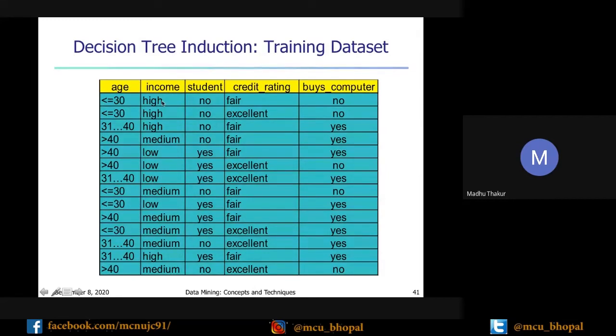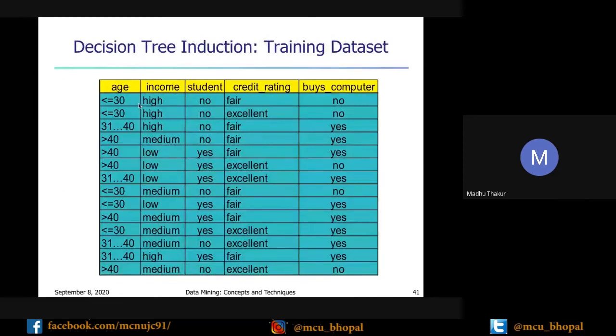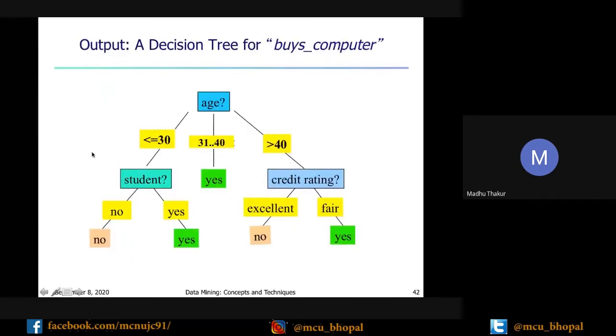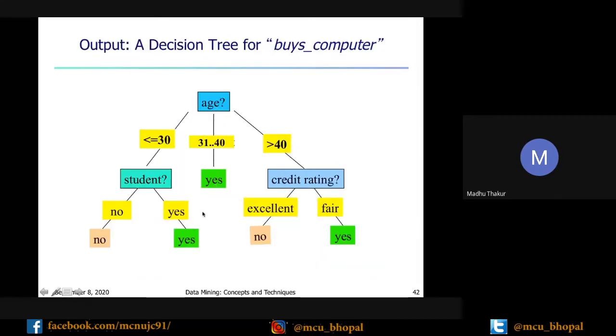Now based on this age, again you have to find the second attribute, which is student. Student also has 2 values, either no or yes. So you can classify your whole data based on these 2 attributes.